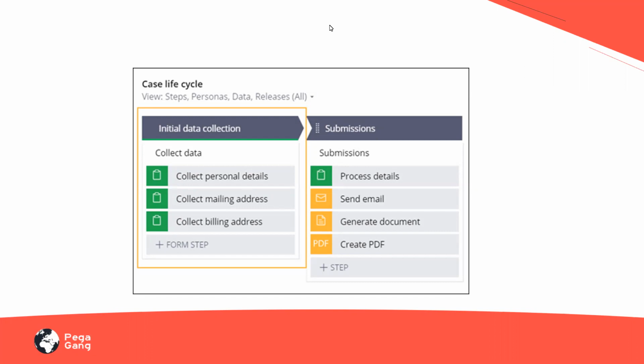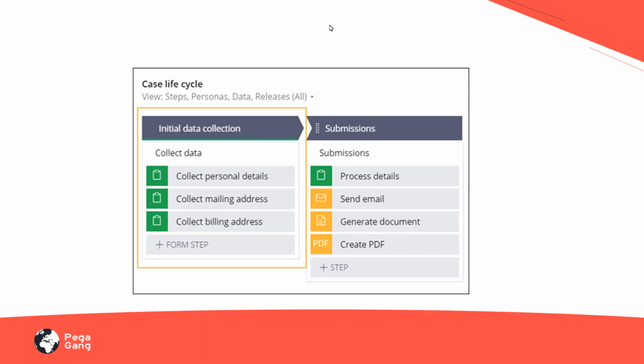What does this create stage consist of? It includes a view with fields for the users to fill in, to capture the required data before the case processing starts. It brings more clarity to designing your case lifecycle because you now know what kind of fields or properties the users would be interacting with before submitting the case. It's like beforehand, you're letting the user know what data they have to fill in.